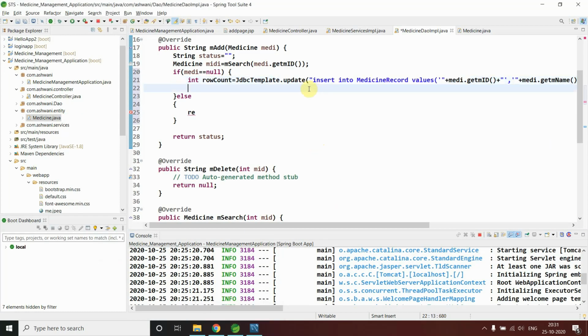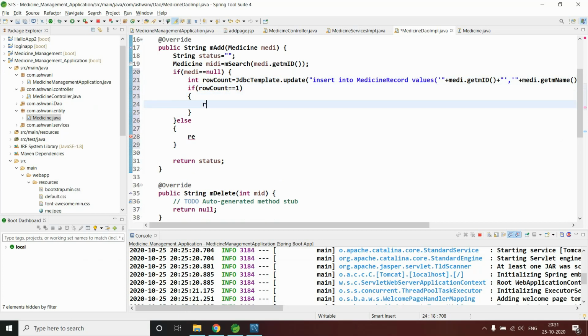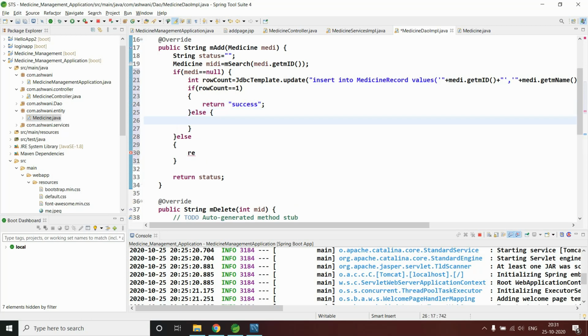Here, if your result is successfully inserted, this query gives you the integer result. So if this gives you the result, we can say if our row count equals 1, then return success directly. Whatever you say, pass or true or success, you can say succeed or success. Just close this here. Else, if it failed, you can say return